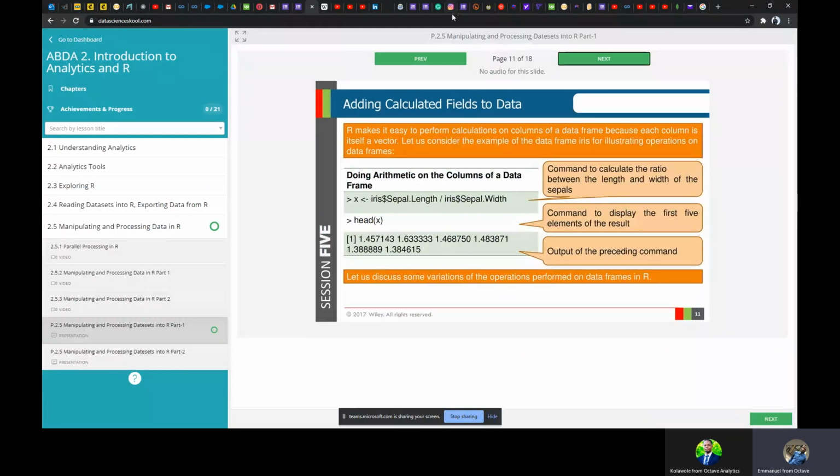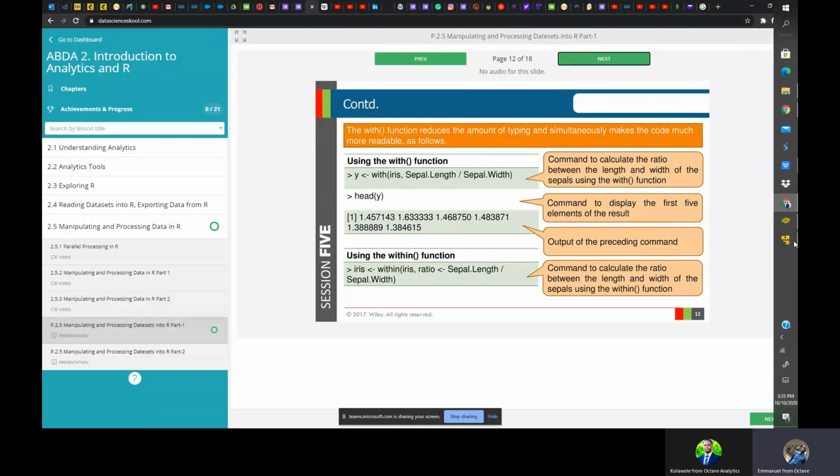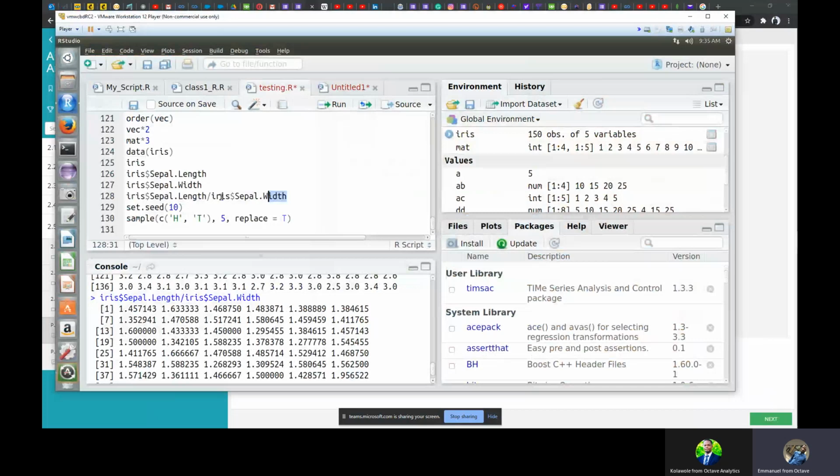But if you want it to be added to the data frame, you can use the within function to do that, or the subsetting format. So I'm going to show how to do that. Now, here we are doing the with function. The with function has this advantage: as I have here, when I did this divided by this, I have to use the dollar sign, this slash iris dollar this. I can just say, okay, with the iris data, so just English, with the iris data, do Sepal